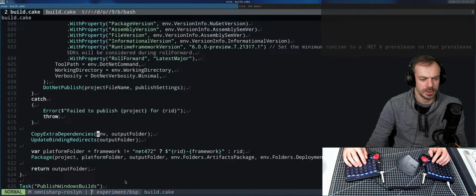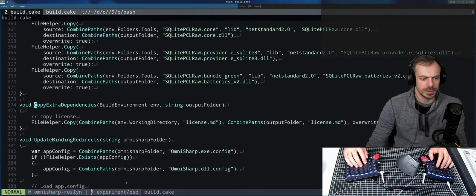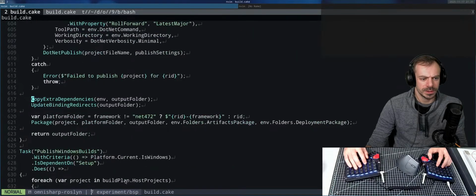Copy extra dependencies. What's this? Copy license. Okay, that's fine. And that's one folder framework. And then we have